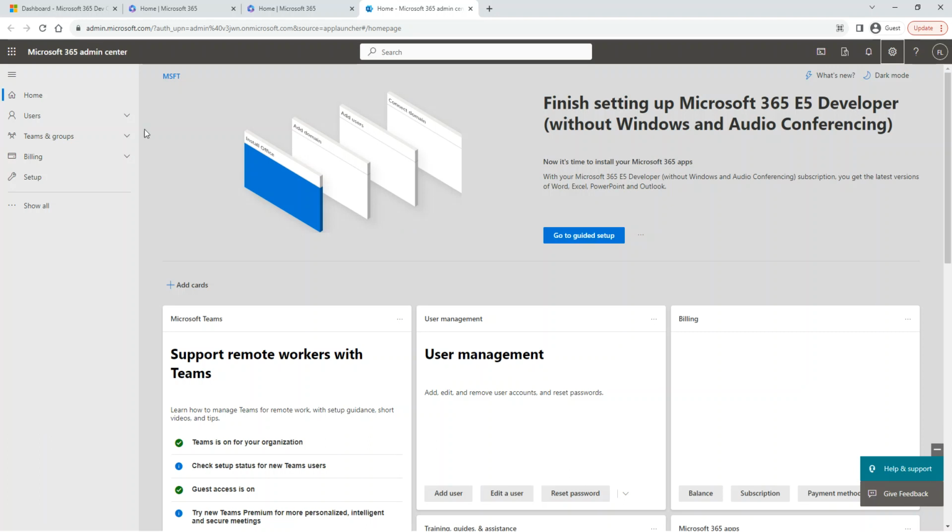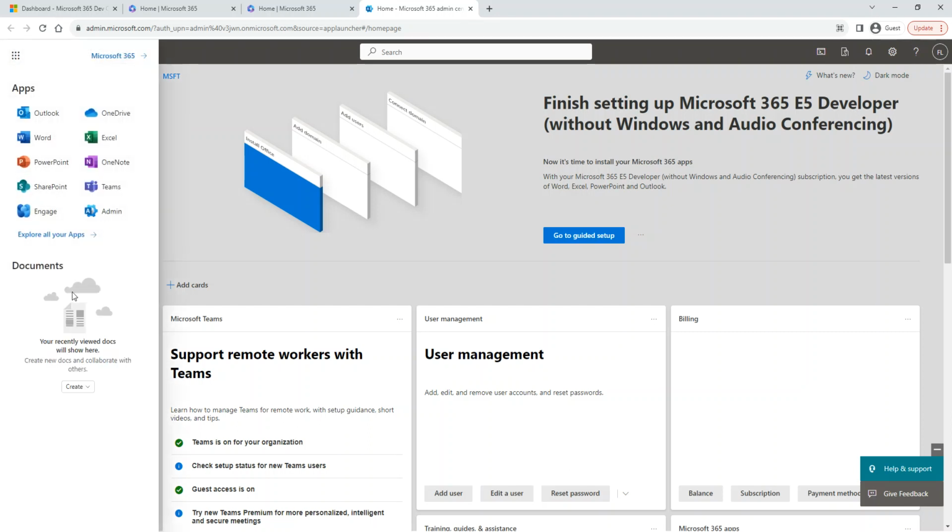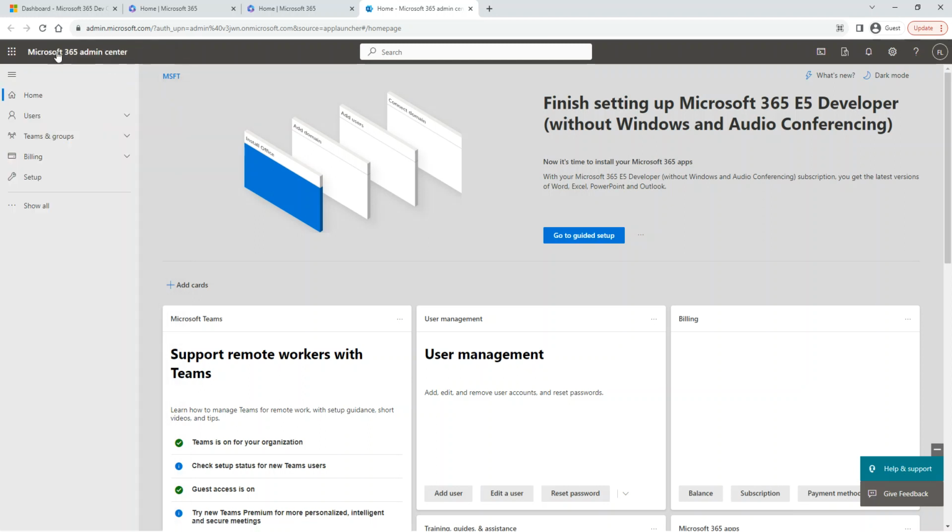So all of that can happen in the Microsoft Office 365 Admin Center. Here in the Admin Center, there are a lot of things that we go through. At the top, it has the same thing that was there before. If you go to the waffle menu, you have access to the same pinned apps, or you can go to all the different apps. But this is the Microsoft Office 365 Admin Center.